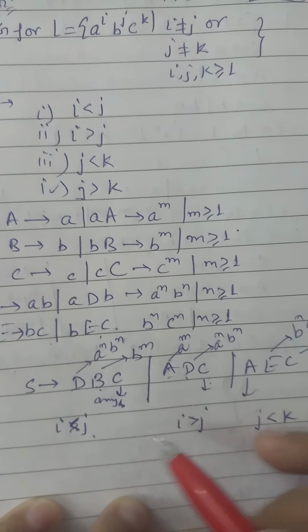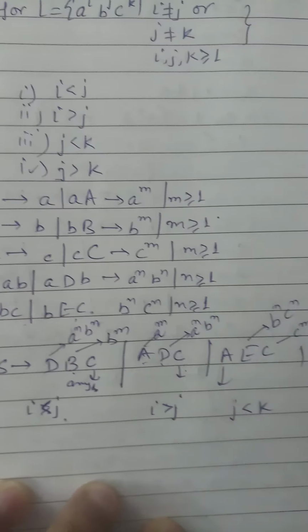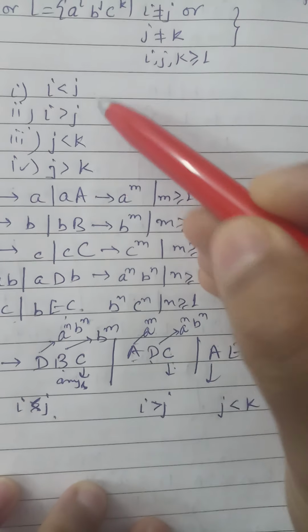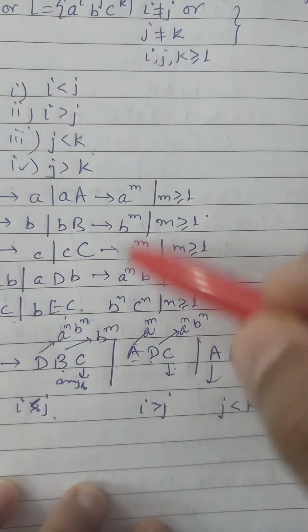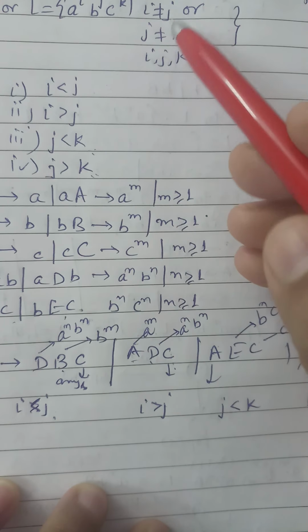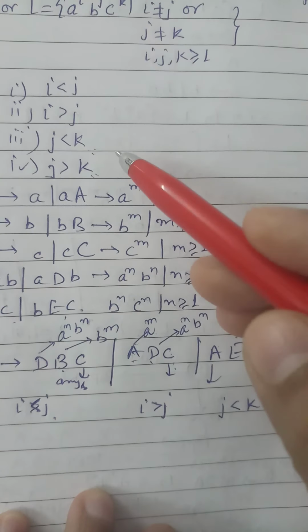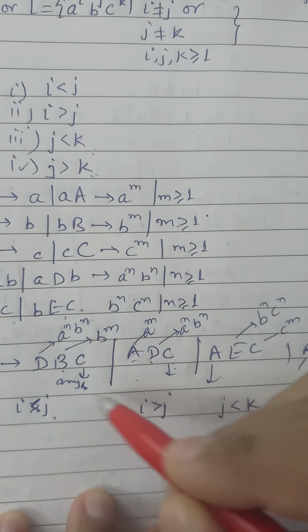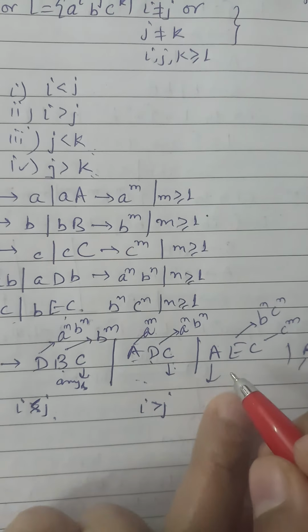First i is less than or equal to j, then second i is greater than or equal to j. Now move to the next, because according to these 4 conditions I am discussing everything, and I am making the grammar, because all these conditions are possible, because nobody is equal. So only these 4 conditions are possible. So according to these 4 conditions I am making the grammar. Now move to the next.